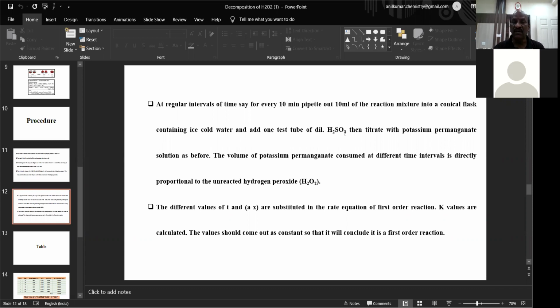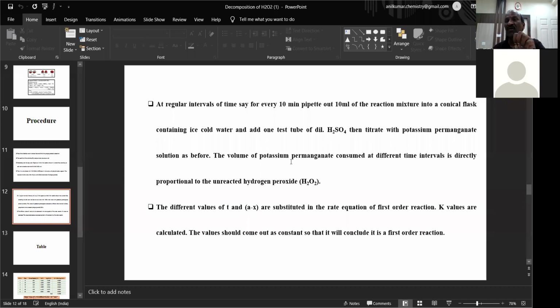Okay, so that is what we call the VT value. For each interval, 10 minutes, 20 minutes, 30, 40, 50, up to 60 minutes, we have to take the readings: zero, 10, 20, 30, 40, 50, 60. So the zero reading is different.